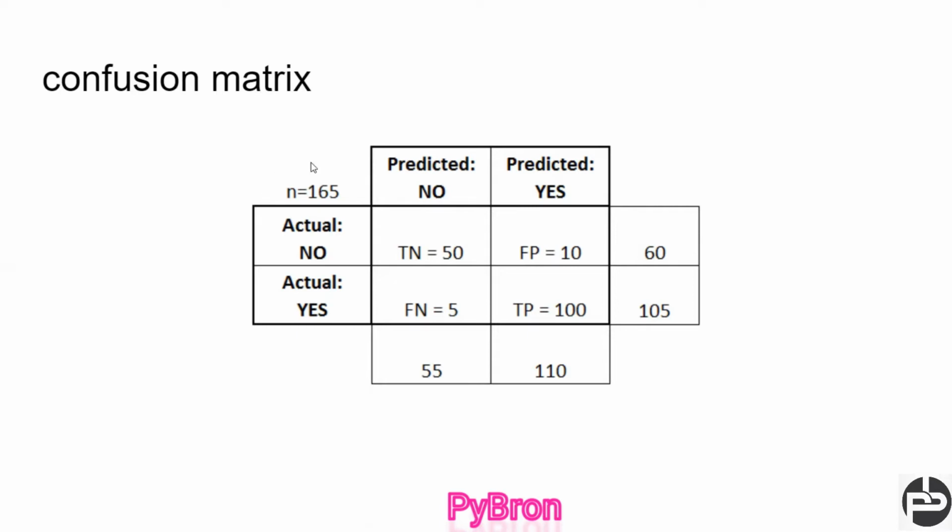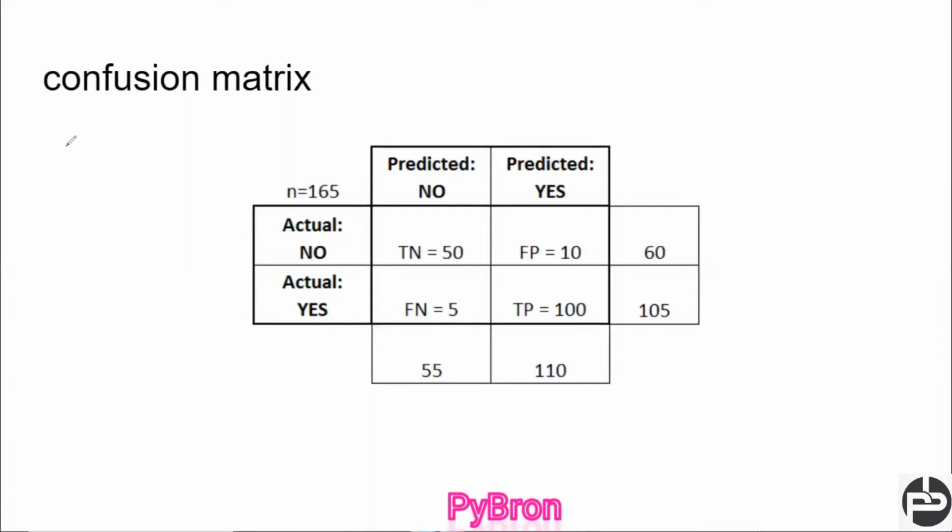So for the confusion matrix, let's suppose we have a total of 165 cancer patients. I'm taking the example of cancer. We have to examine whether each patient has cancer or not. It might be possible that some of the patients don't have cancer and some do. Let's say I create a model. The model works like this: if a patient has cancer, it will mark that he has cancer, and if a patient doesn't have cancer, my model will mark that he or she doesn't have cancer.